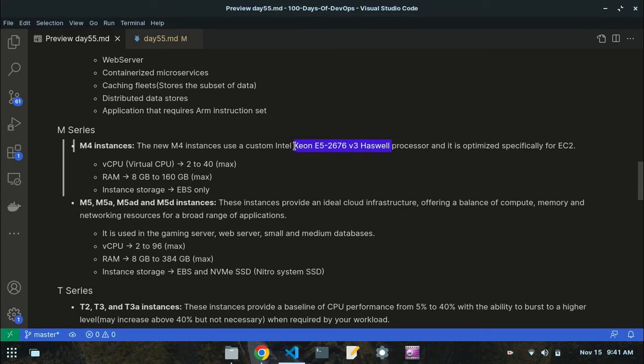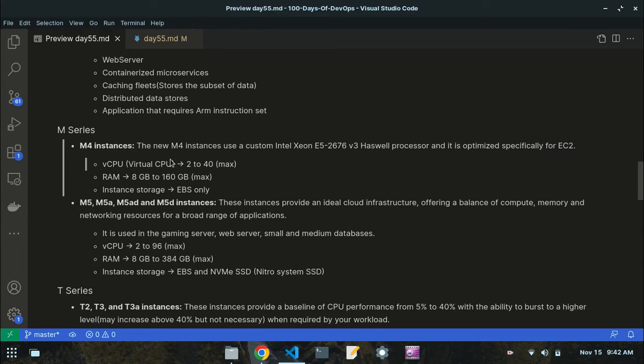This is the model of the Intel processor that the M4 instances use, and it is optimized specifically for EC2.